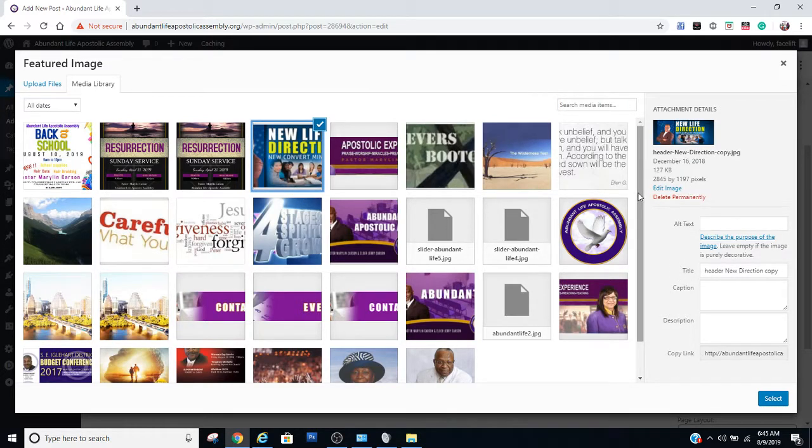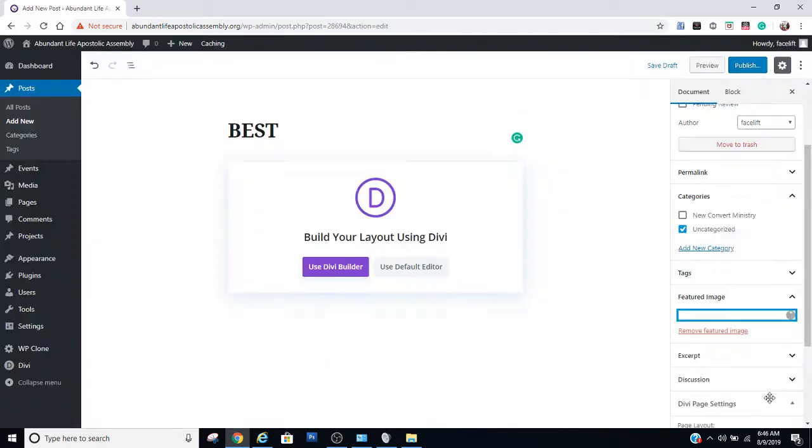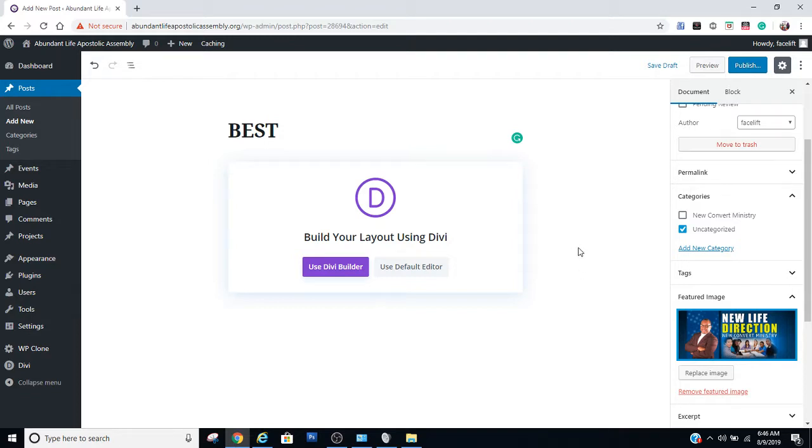Images that you select or that you put into your media library, make sure they are 72 DPI, so it will be easier to load for your website. Go ahead and select your image like we did and hit select on the bottom right hand side. In the event that you want to replace the image, you can do so, or you can remove it as well. Since we have what we want, we're going to go to the use Divi Builder button,